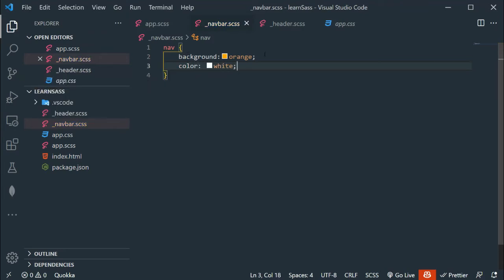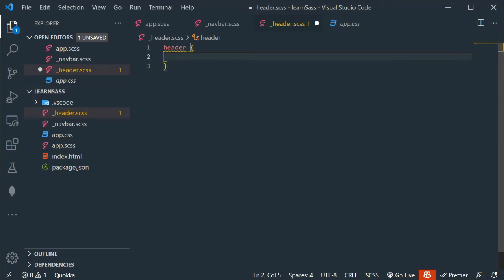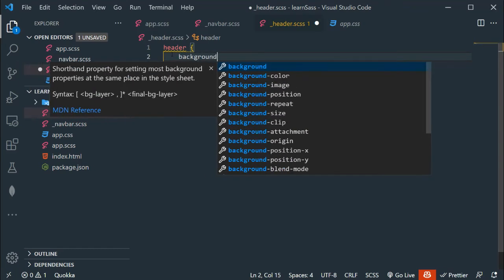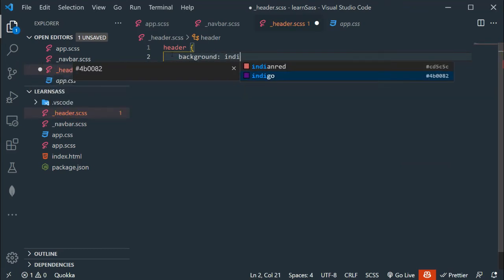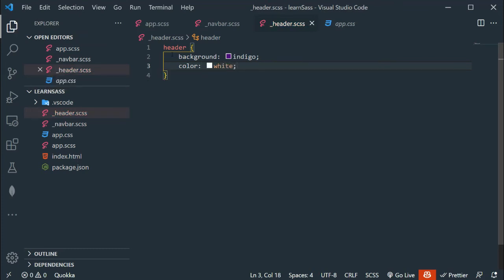Now go to header.scss. Now I am going to target the header selector and this will have background indigo, color should be white.